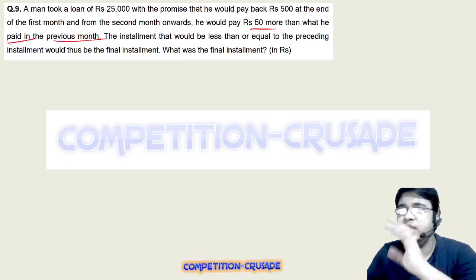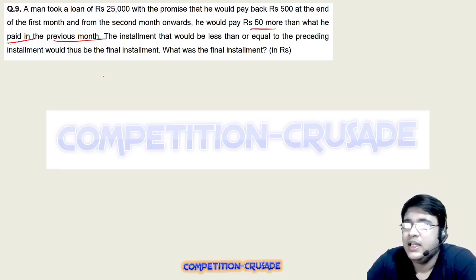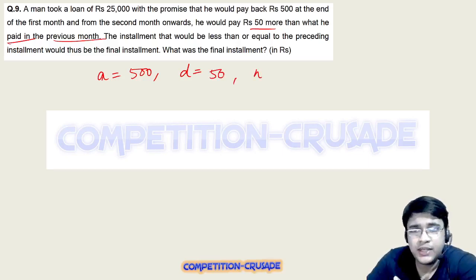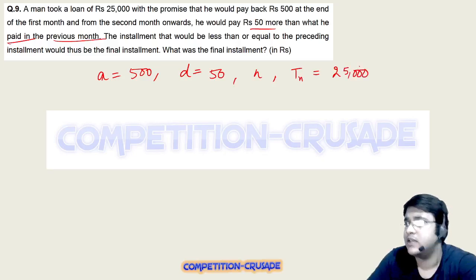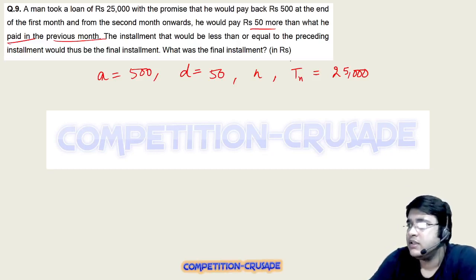Okay, so see, this is not a SICI question, this is a प्रोग्रेशन टाइप का क्वेश्चन। ठीक है, जिसमें पहला जो टर्म है उसको आप 500 एज्यूम कर सकते हो, कॉमन डिफरेंस आप 50 एज्यूम कर सकते हो। कितने नंबर ऑफ टर्म्स होंगे ये तो नहीं पता है, वही तो निकालना है। क्वेश्चन इज ऑल अबाउट द नंबर ऑफ टर्म्स, बट द nth term we can calculate, which is 25,000 in our case. Now if you have so much information with you, basically they're asking you कि tn-1 का वैल्यू क्या है ये बताइए।